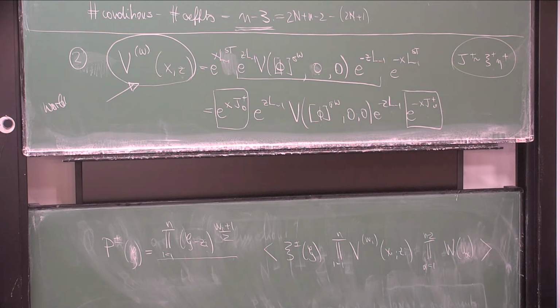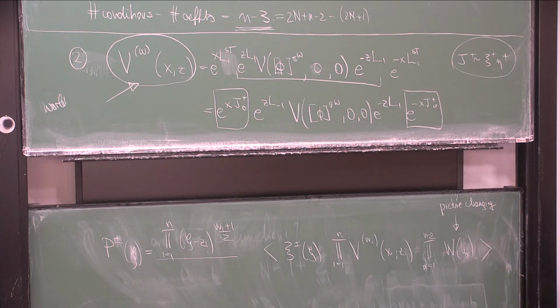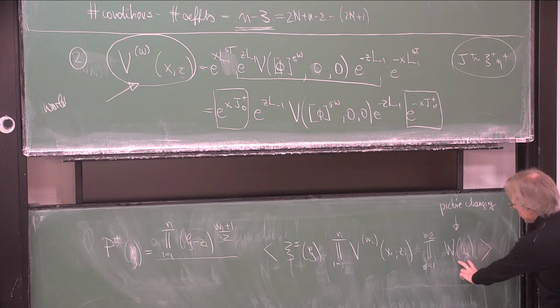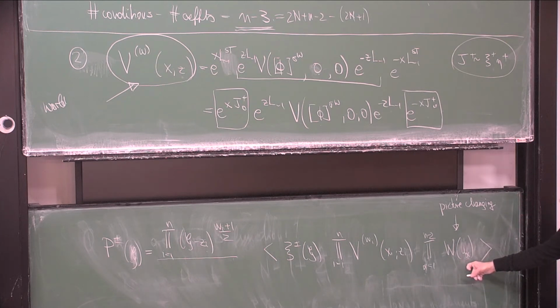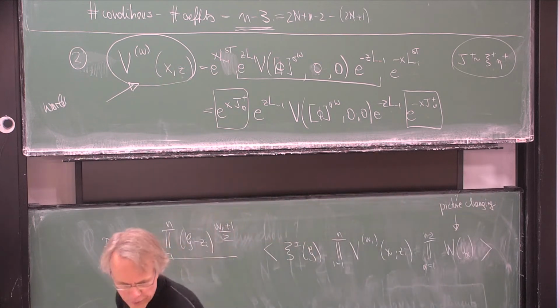I don't want to explain it in detail, so this is picture changing, and this is one of the dirty little corners of superstring theory. This is something that happens in the superstring case, but not in the bosonic case. And the only thing you need to know about these fields is that they behave like the vacuum with respect to SL2R, but psi plus and psi minus have a zero when they get close to W of U alpha. So the W of U alphas are